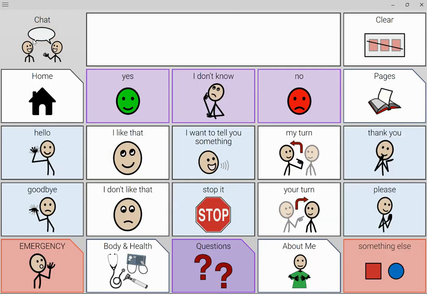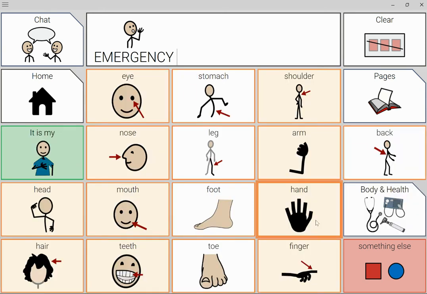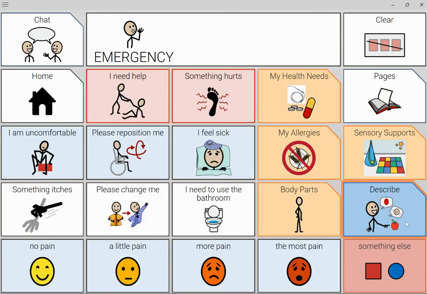I also have some unique selections under my chat button. I have an emergency button, which features phrases specific to an emergency situation. And then these 3 tabs, which are meant to be customized: my health needs, my allergies, and body parts. Under body and health, I have a modified pain scale, and again, phrases that are specific to body and health.